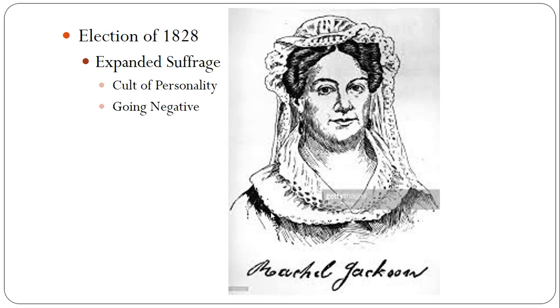The other thing that the Adams campaign went after was Jackson's wife, which really pissed off Andrew Jackson because Rachel Jackson had actually been married to someone else and had believed that she was divorced, but apparently the paperwork was never filed. So when she married Andrew Jackson, she was actually married to someone else, making her, gasp, a bigamist. So the John Quincy Adams campaign hit her on that, which Jackson was outraged by because he felt like it was unfairly attacking his wife's honor. But in the 1800s, this was a relatively damning charge, and so all of this did some damage to Andrew